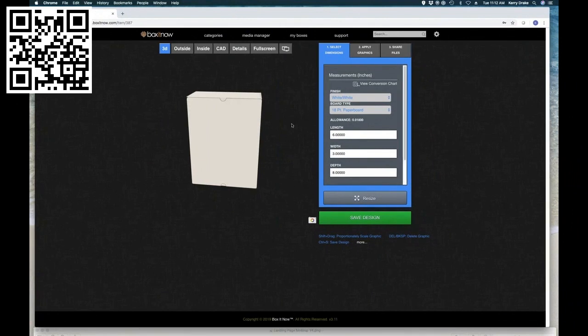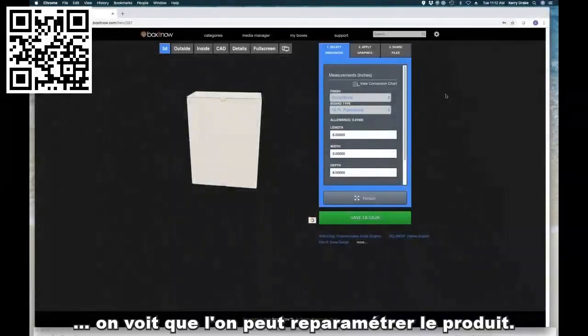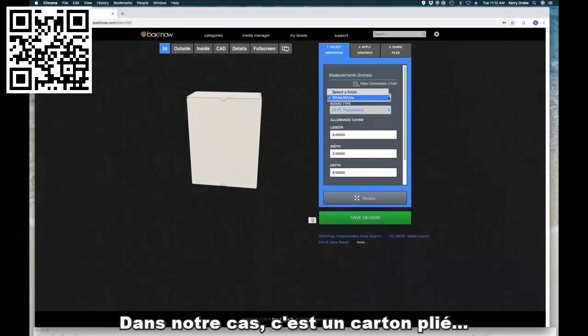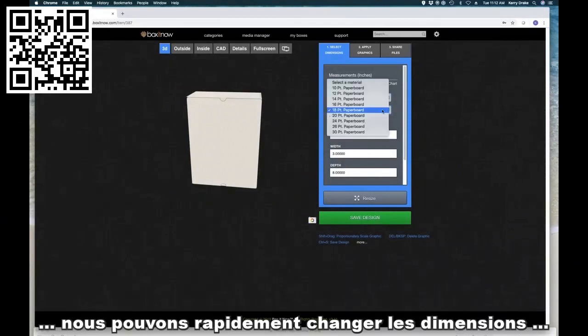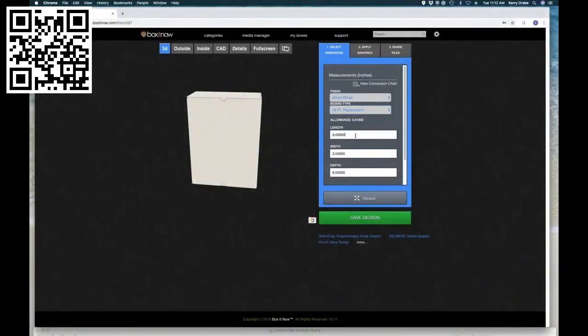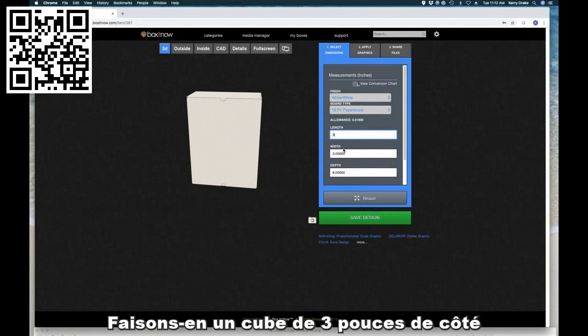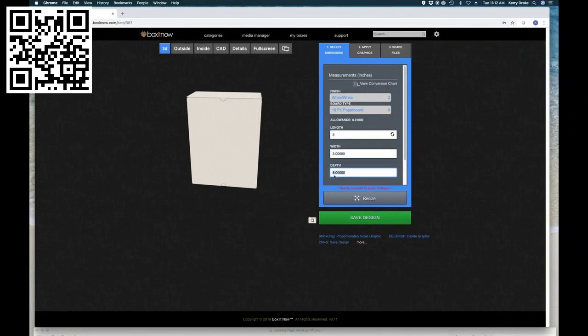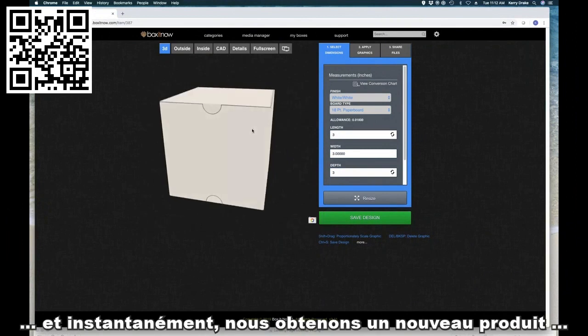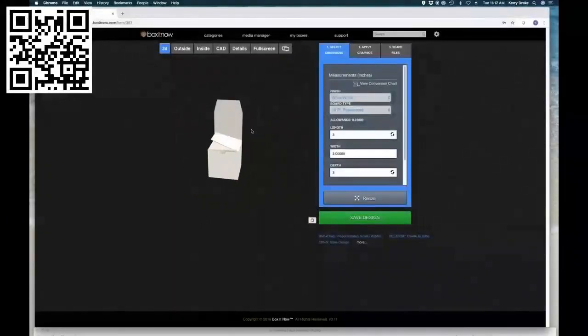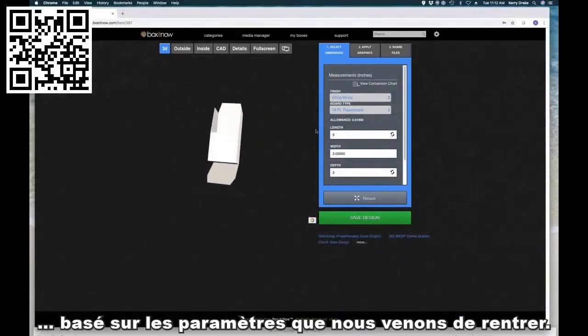And to go a little bit deeper here, the ability to then quickly go parametrically resize the design. So a selection, in this case we've got a folding carton, so we're assuming that the narrowed down solution is going to be an SBS solution on anything from 10 point to 30 point SBS. But we can go quickly in and actually do some basic resizing of the design. So let's make this a cube. We'll go 3 by 3 by 3. We'll click the resize button, and instantly we have a new design based on the linked width and depth parameters